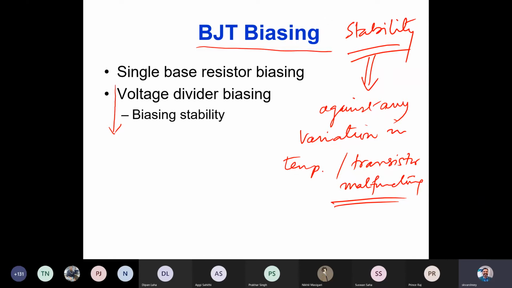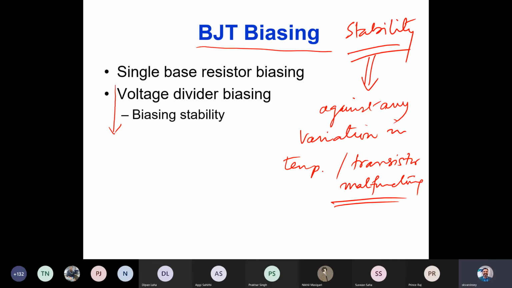As I mentioned to you yesterday also, suppose one of the transistors got bad by mistake, is burnt out, or something wrong, malfunctioning, then you need to change the transistor, right? And each and every transistor may not have the same common emitter current gain factor, that is beta, right? So there would be a small variation in the beta. So if you are plugging in a different transistor having a slightly different beta, the Q point is going to move, right? So we need the biasing, a circuit which provides stability against any such variation.